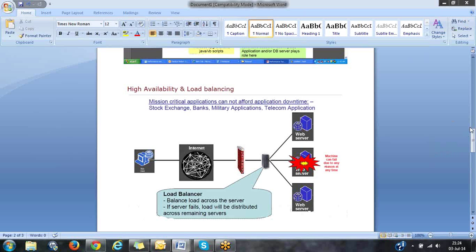Once the server has crashed, the remaining 2 servers have to serve the other people. So the other 2 servers have to serve the complete set of users, and the load on them becomes too high. At some point these also cannot accommodate all the people, so you get these kinds of issues.